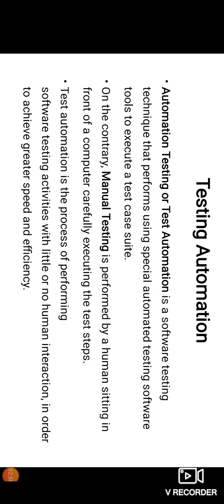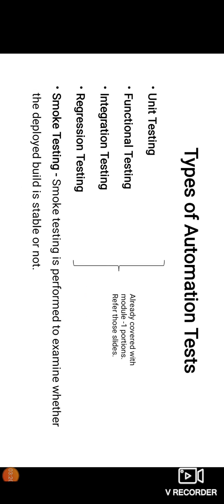When we do manual testing, it's error prone, it takes more time, and accuracy is also less. When it gets automated, we can do tasks much faster, more efficiently, and with less error. So for testing as well, we make use of specialized tools that can automate the entire testing process. The different types of testing that can be automated include unit testing, functional testing, integration testing, regression